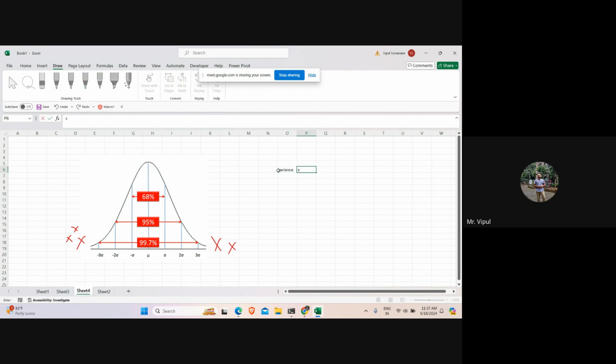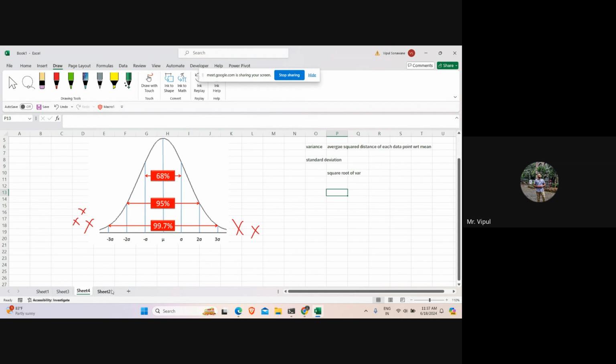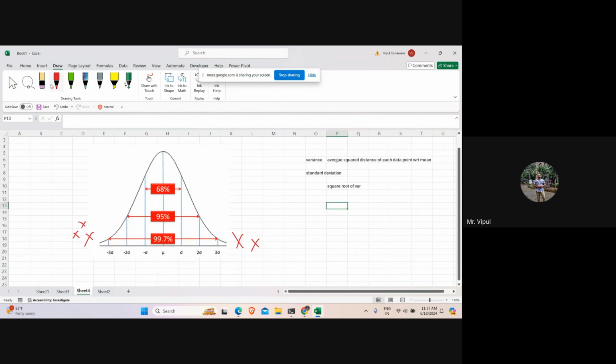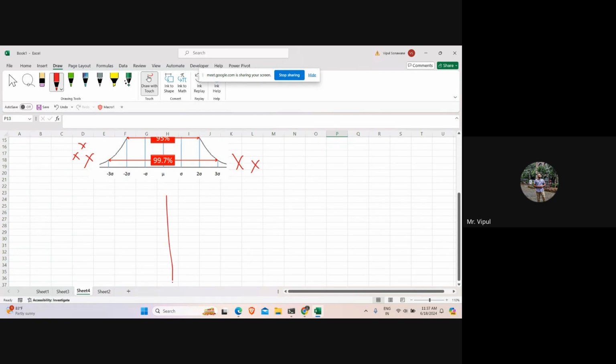It's just the average squared distance of each data point with respect to the mean. And what is standard deviation? It is the square root of variance. Standard deviation is the square root of variance. Now its physical significance, how you can understand it is, let us take a distribution. Suppose this is your distribution,